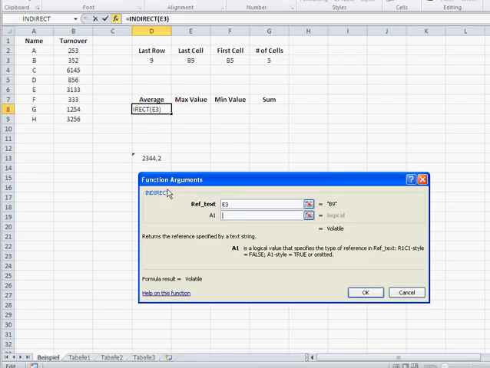For instance, R3C7 means row 3, column 7. But basically we mainly work with the first type, those E17, B9, A1 type of cell addresses. So what you do here is you put in true,